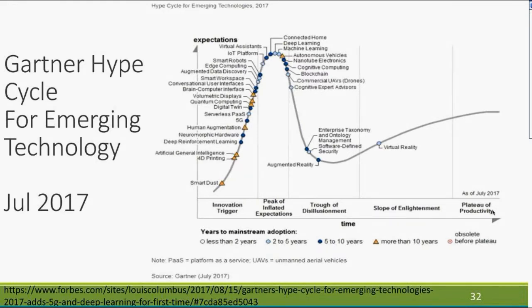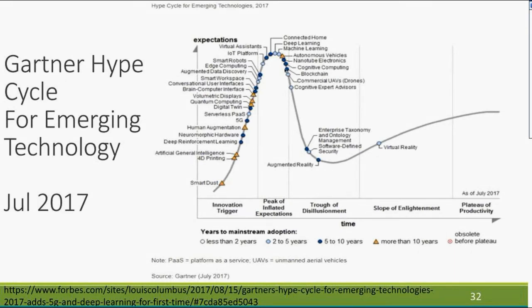This is the same curve in 2017. I haven't seen 2018 yet. It should be around the corner in weeks, or maybe it has come. I should go and look it up. But that's where this is. Machine learning still remains at the peak. It has not changed spot a little bit. And deep learning has suddenly shown up, which is good for me, because every time people used to come and ask, what about deep learning? Okay, there it is. I don't have to worry about it. I'm sure somewhere people are going to ask about AI and all the other pieces. Things have moved a little bit.